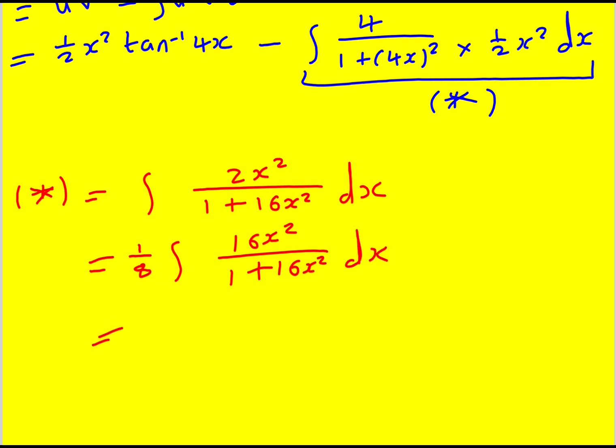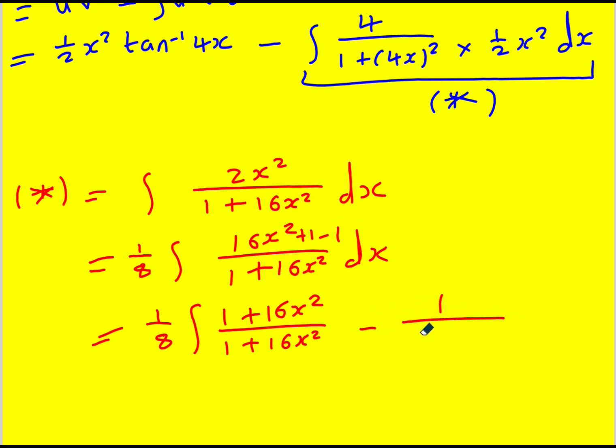And we're going to use a nice little idea. I'm actually going to add 1 and minus 1. I haven't changed it. But then I can write it as 1 plus 16x squared over 1 plus 16x squared. And then that other bit becomes minus 1 over 1 plus 16x squared, which I'm now going to return to being 4x all squared. Incredible, because this just becomes 1,